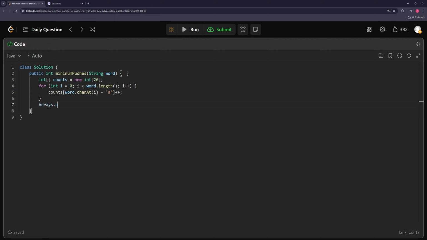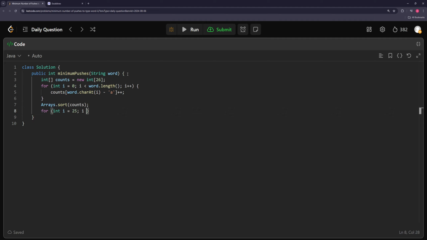Then we can sort it. So this will be in increasing order, so we're going to go through it backwards. So we'll start at 25, and then we will have a result. So the group that it's in, 25 is group 1 basically, so 25 is index 1, 24 is index 2, and so on. So we need that. So we can say result plus